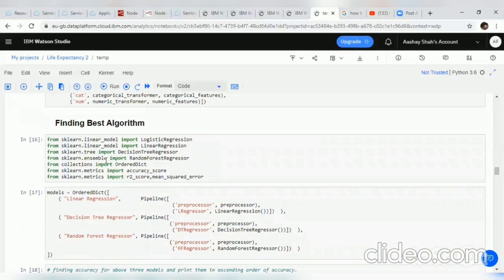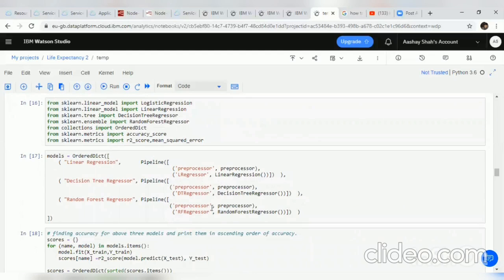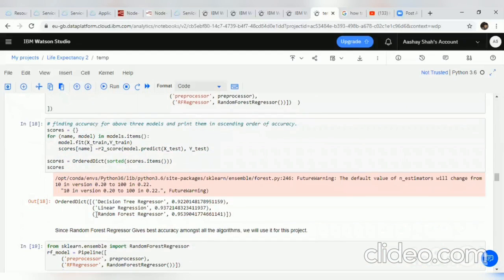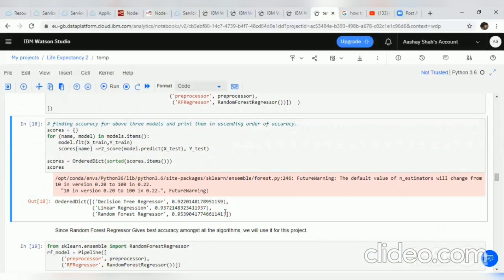Now we have to see which algorithm performs best for this particular project. So I will check linear regression, decision tree regression, and random forest regression. And as you can see here, random forest gives the best performance. So I have used the random forest algorithm for this particular project.